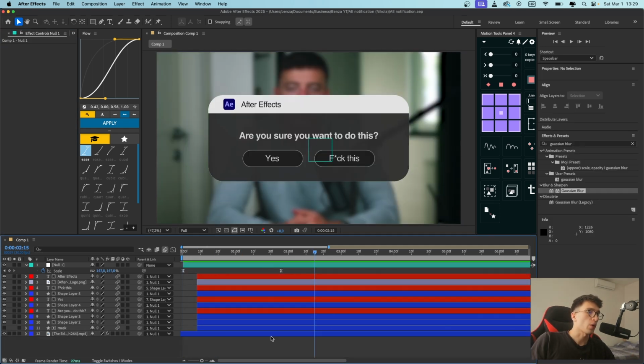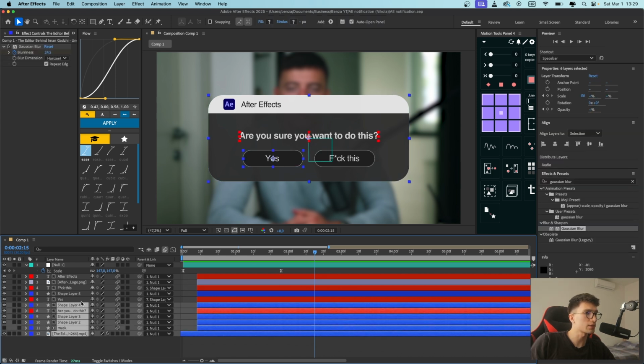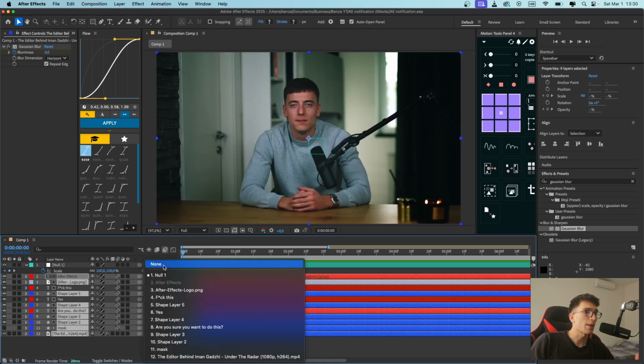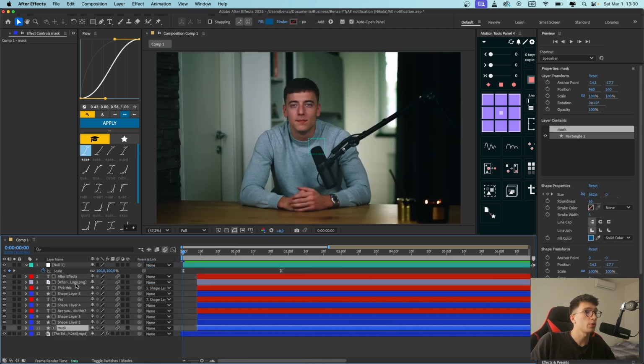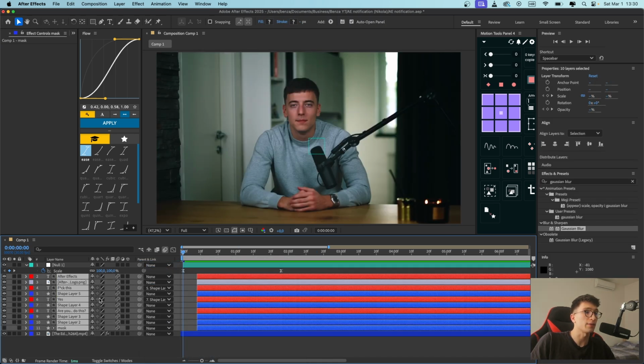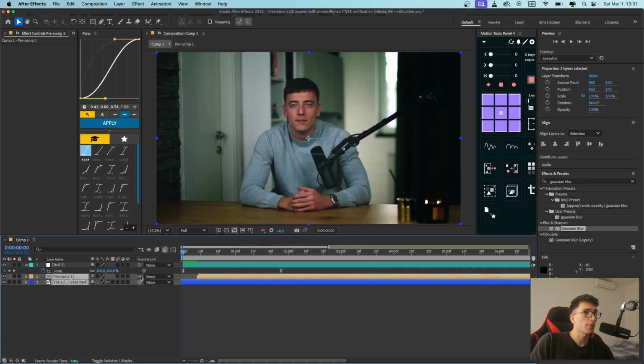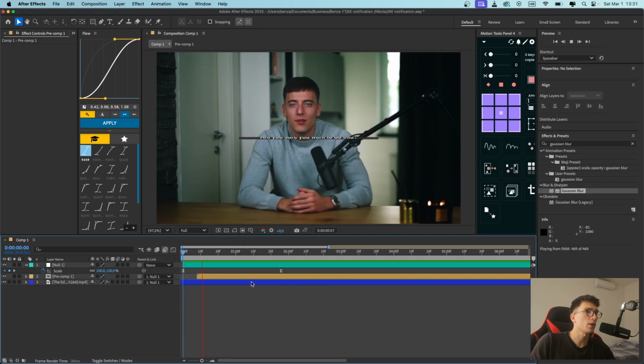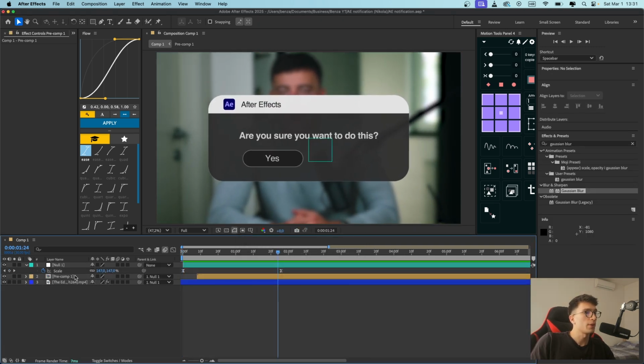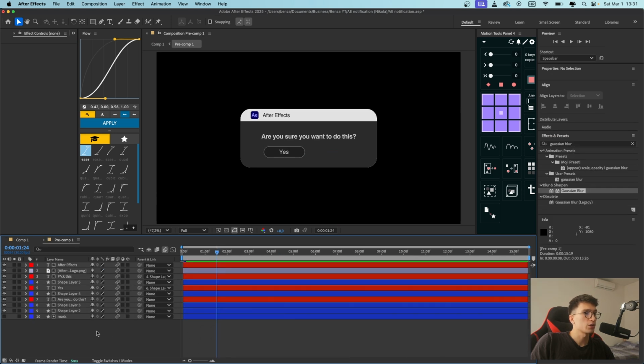And right at the very end I want to add deep glow to it to spice it all up. So what I'm gonna do is I'm gonna select every layer that is parented to the null layer, and I'm basically gonna unparent them. Why? Because I want to pre-compose all of these layers and add deep glow to them without applying the deep glow effect to the video layer. So we're gonna press Ctrl-Shift-C to pre-compose it, press OK, and now we're gonna parent everything to the null again. That way the movement is gonna remain the same, but now we can get into the pre-composition,